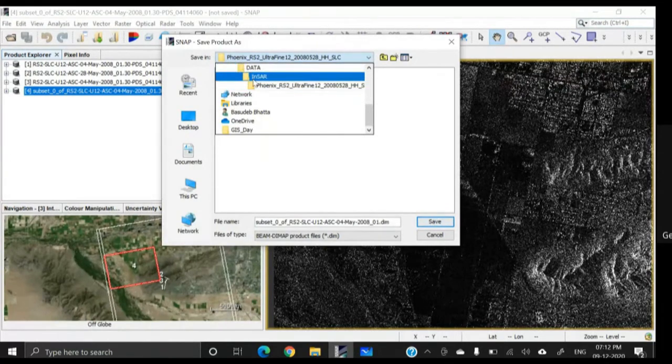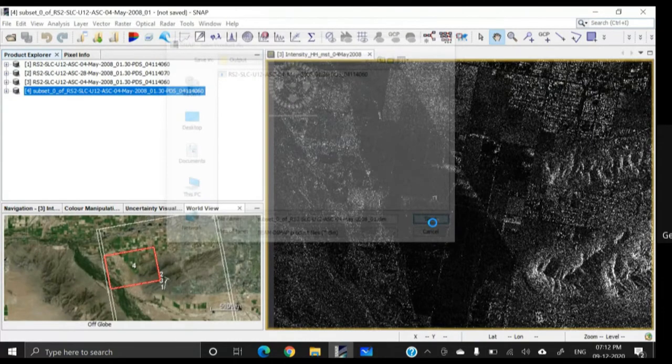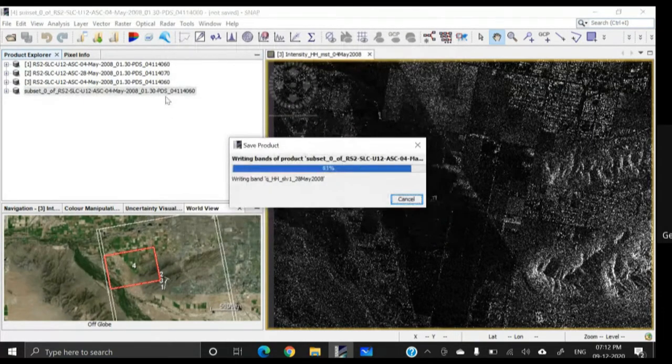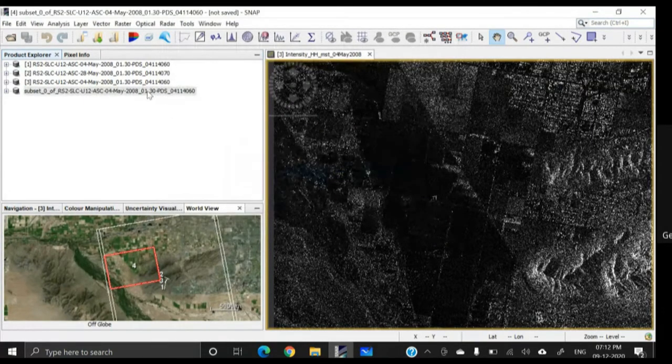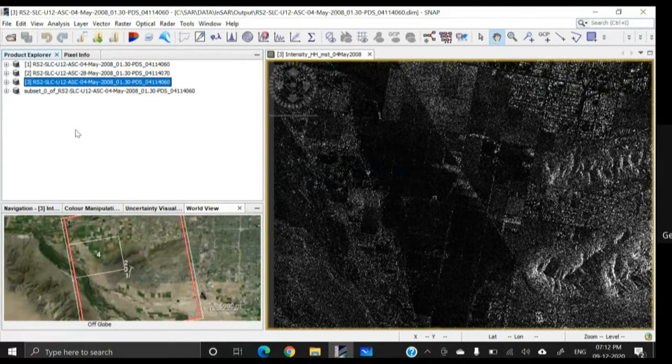Select the directory or folder and click on save. I'm considering the default file name. So this is the subset image. Okay. And these three are the original images.